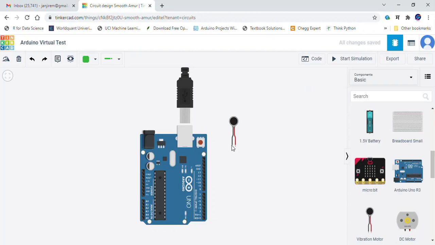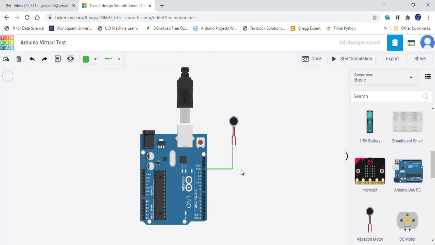This is a negative, so I will connect, just wait. Here, and here, okay, I have connected it.